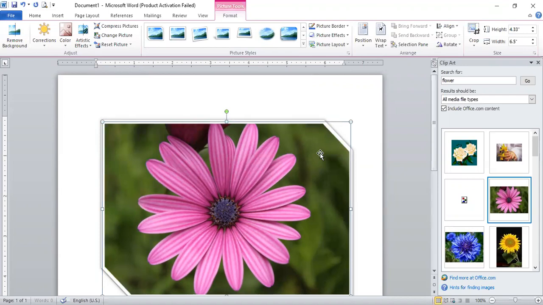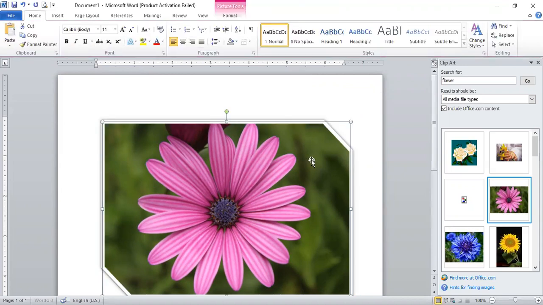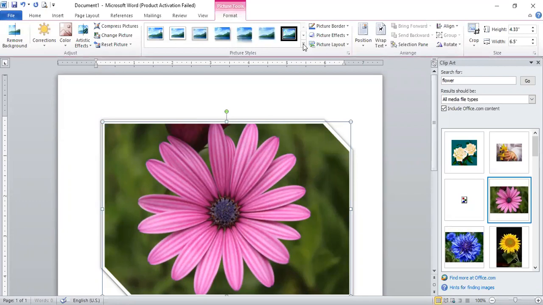As you can see, the border has been applied. One thing I told you is that all formatting options lie in the format tab. And the format tab only works when you insert a picture, right? Otherwise the format tab is not visible. Fine. So we can change the border as and when required.